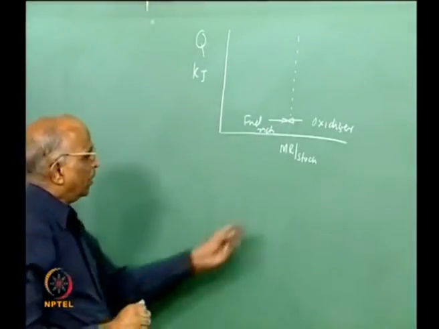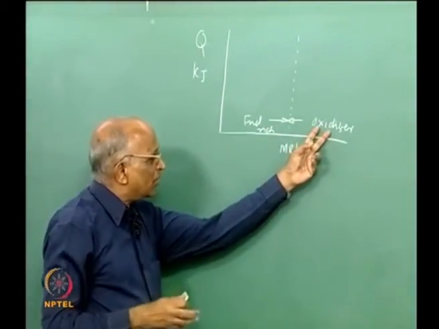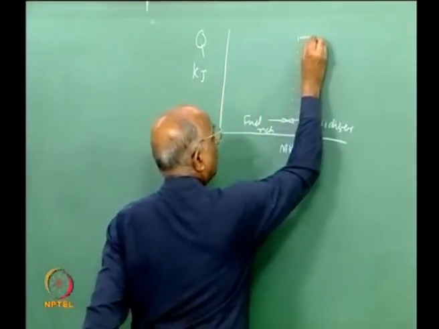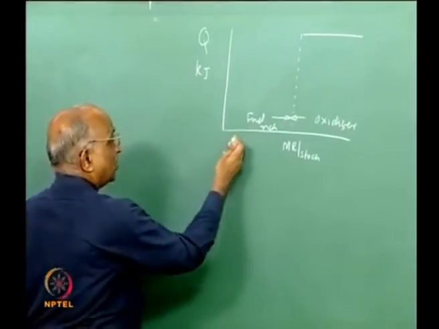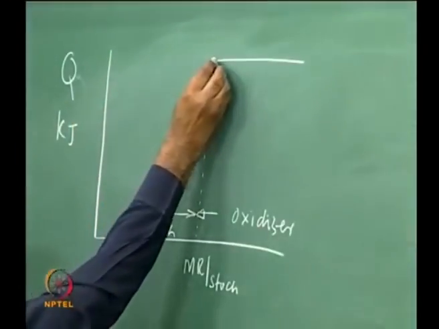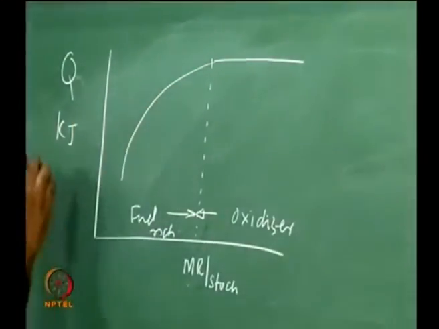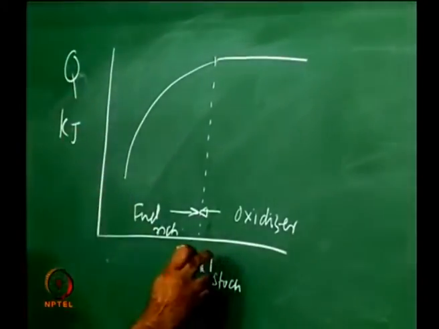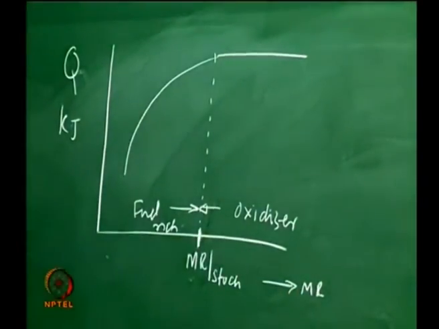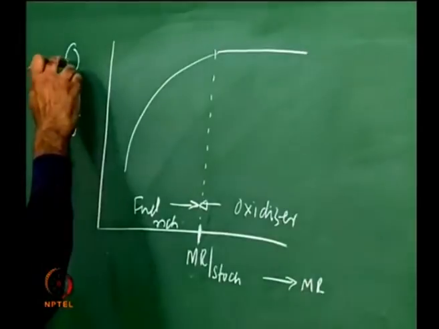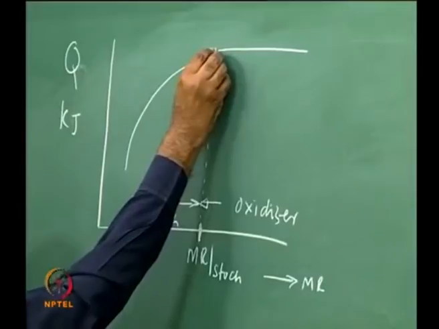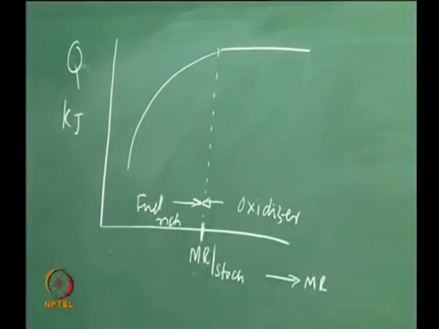What is it we found? When the oxygen content was more than what is required for stoichiometric, the heat content does not change, in fact it remains the same, whereas on the fuel rich side, since we are not able to burn all the carbon and hydrogen atoms, the heat release keeps coming down. Therefore, we had got a plot of Q versus mixture ratio. Here it is mixture ratio, this is mixture ratio stoichiometric, and we had got a plot of heat generated versus mixture ratio going up to the stoichiometric mixture ratio and thereafter remaining constant.